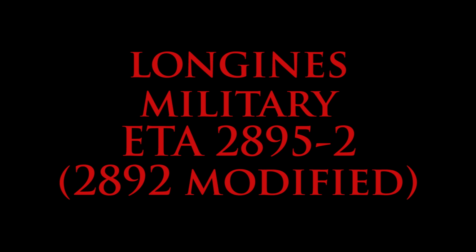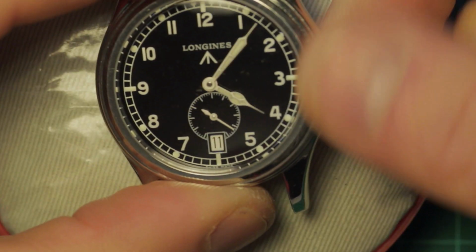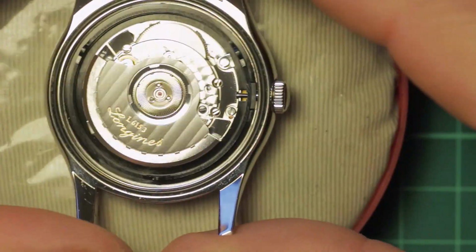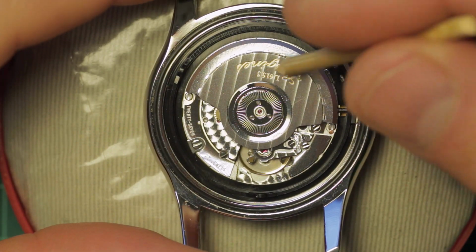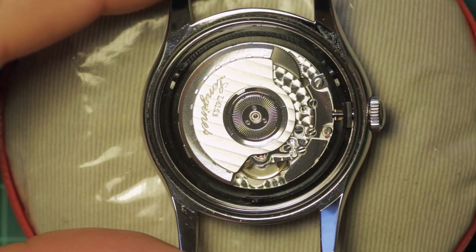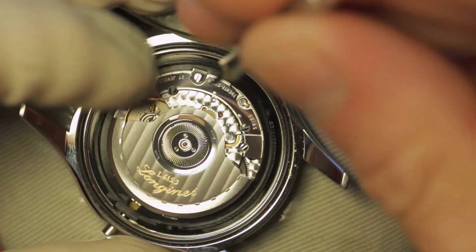Hi and welcome to part one of this Longines disassembly of a 28952 movement. This is a modified 2892 and has, as you saw, a sub dial at 6 o'clock for the seconds. I haven't shown the case back on this because this is actually a reproduction of a military Longines watch